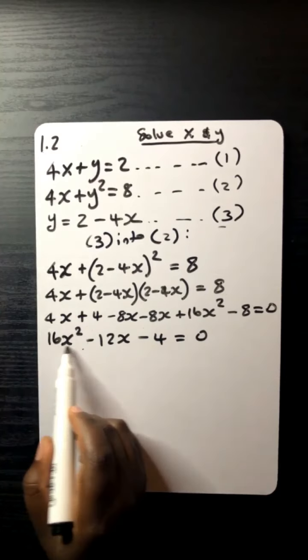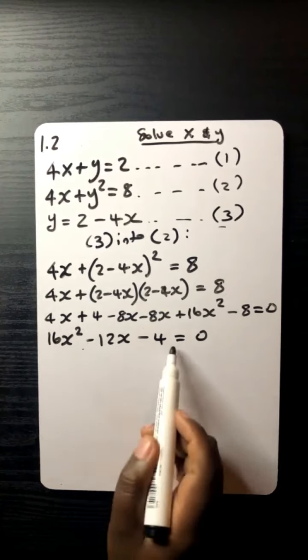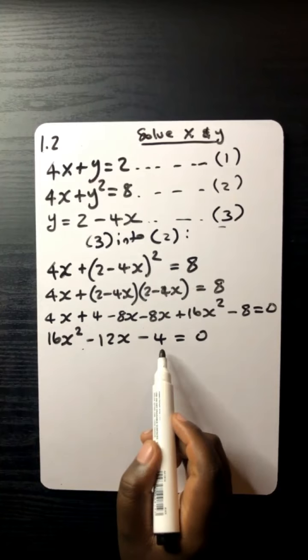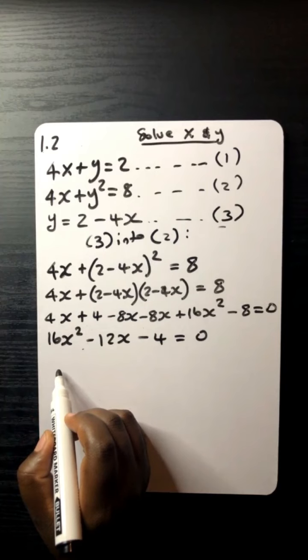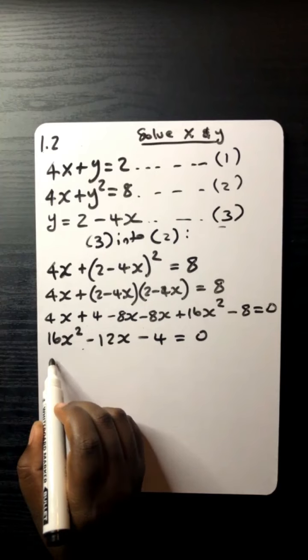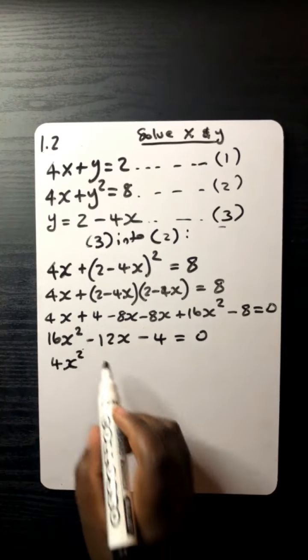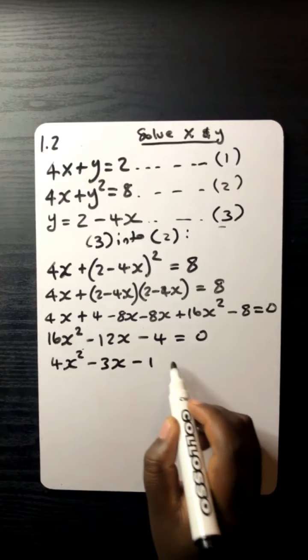Remember, you can still divide by 1, you can still divide by 2, you cannot divide by 3, you can divide by 4, and 4 is the highest number. When you divide 16 by 4, what is it? I think it's 4. Okay, so it's 4x squared, that is obviously minus 3x minus 1